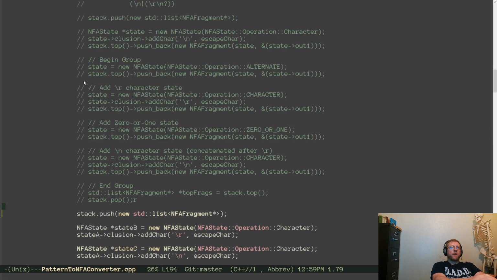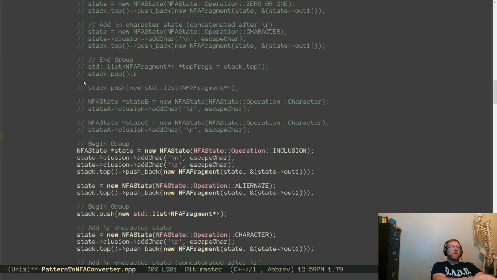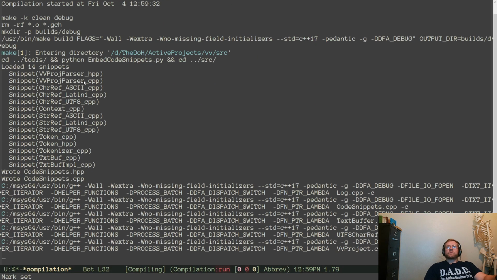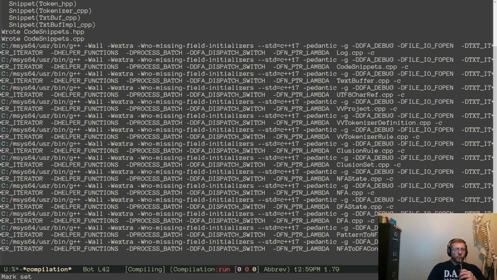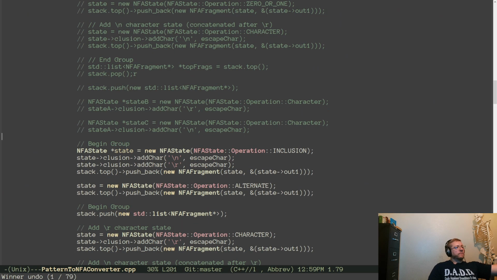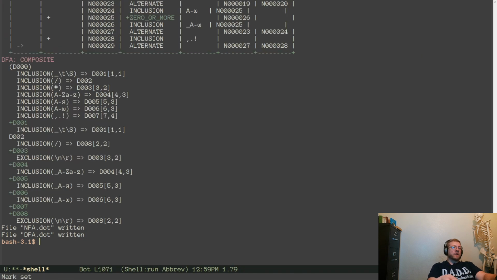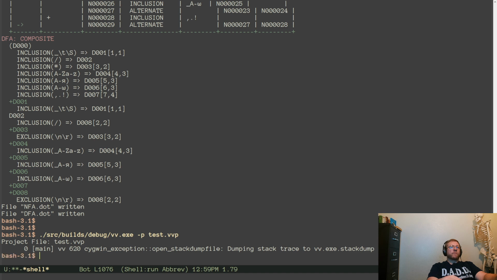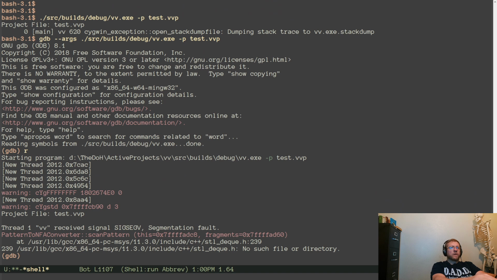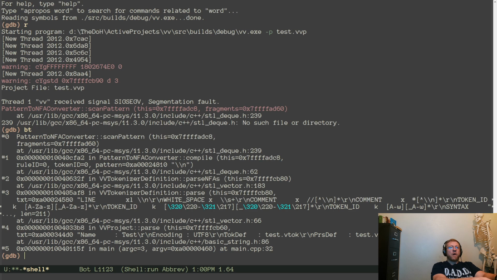Oh, I thought we had. Okay. For whatever reason, that first closure is not getting processed there. Oh, okay. Segfault. Scan pattern.